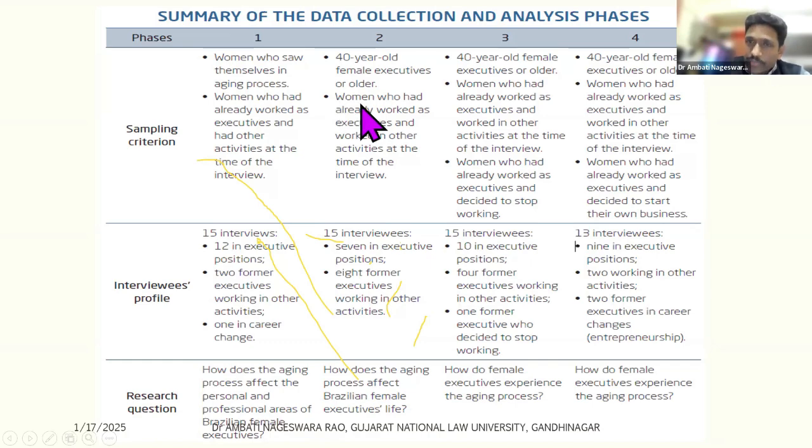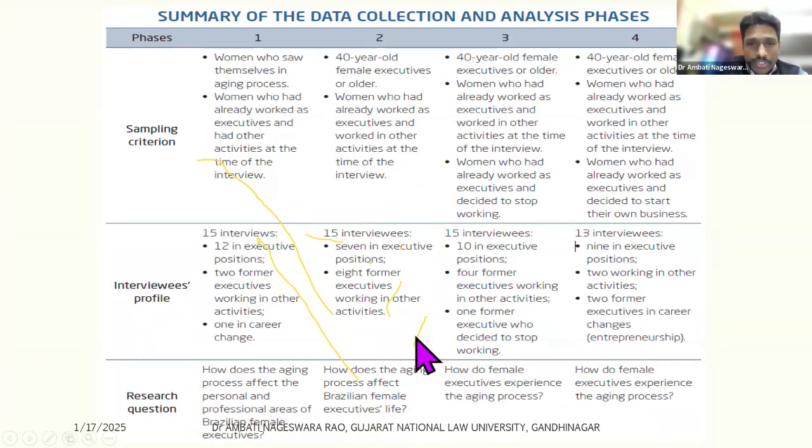Now, at the same time, when it comes to professional life, if you are above 40, 50 years, we also need to compete with the young generation, or at least the current generation. We also need to adapt to what is happening with the advancement of technology and the changes in external factors, right? Maybe networking skills, maybe adopting new technology, the culture of the young generation, right? There are so many things. I don't want to go into detail about them, but the study is very important. Maybe you can go through the findings of the study sometime.